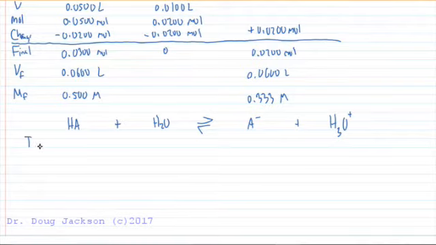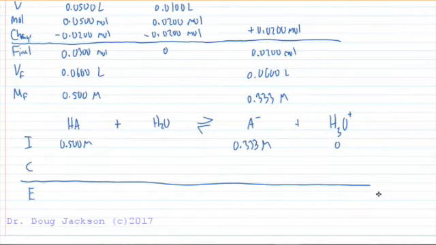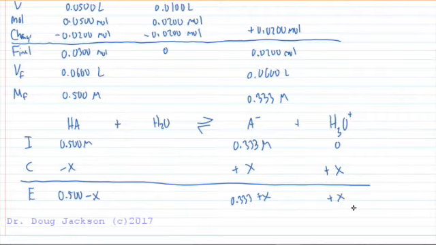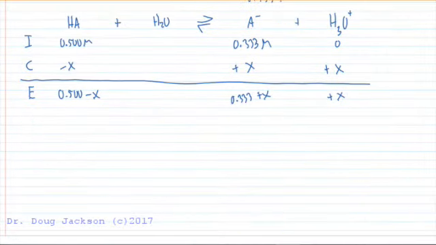Okay, so if we start with our initial, we just solved it. It's 0.500 molar. For our conjugate base, we're at 0.333 molar. We start with no hydronium. We don't care about water. Our change, then equilibrium, goes like this. We're going to lose some of our acid as it dissociates. We're going to gain some of our conjugate base. We're going to gain our hydronium. So our equilibrium concentration should look like this. And we can now use the Ka expression, the equilibrium constant,